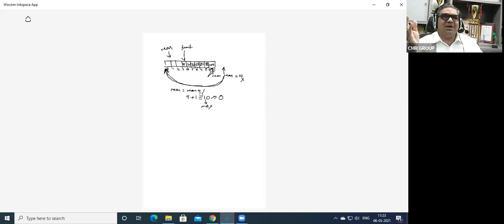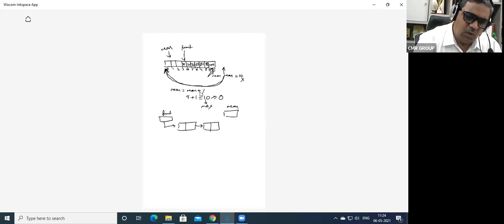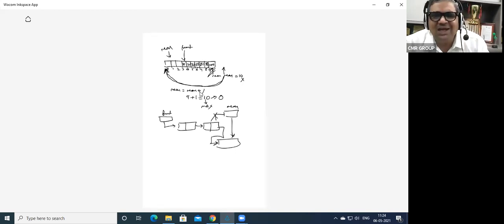There is no disadvantage when you are using a linked list. Can you tell me why there is no disadvantage in using a linked list? This is front, this is rear. Now, one more node has come, automatically this link gets broken and it goes here and establishes a link. Because of dynamic memory allocation, as the memory gets allocated, there is no concept of circular queue when you are implementing in a linked list.